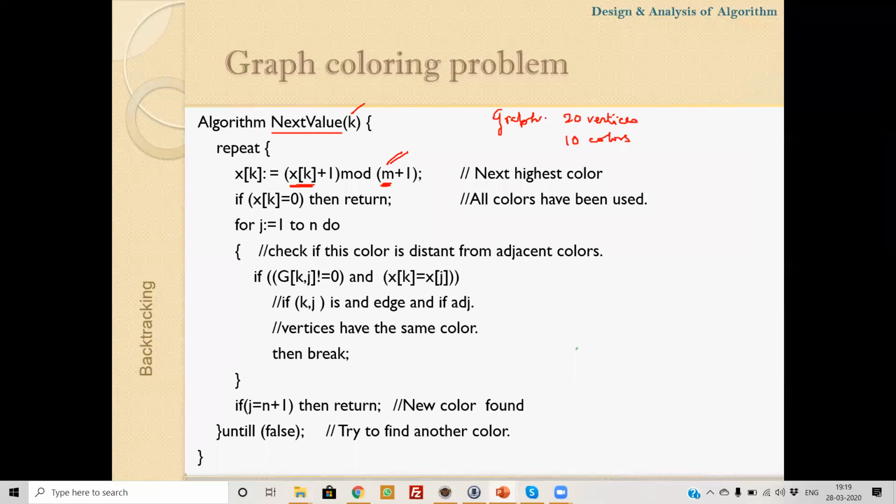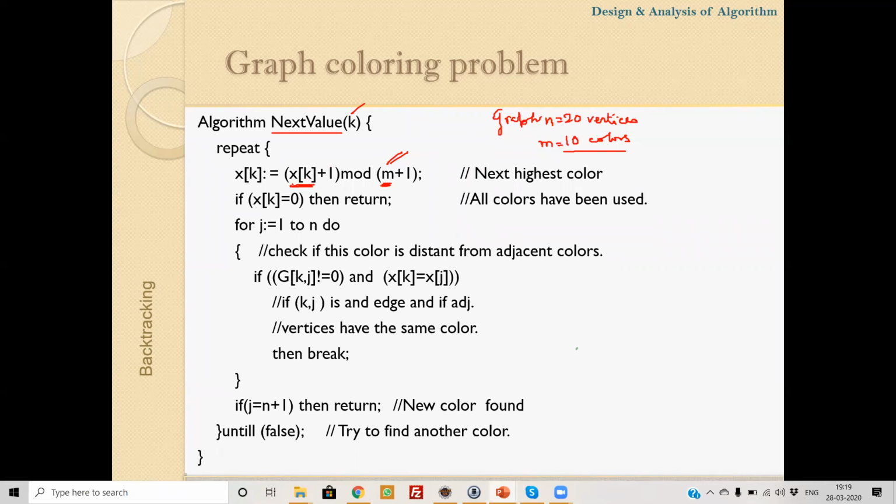So the value of n equals 20, and the value of m equals 10. So a maximum of 10 colors can be used to color this graph, and we have to check whether 10 colors are sufficient or not.